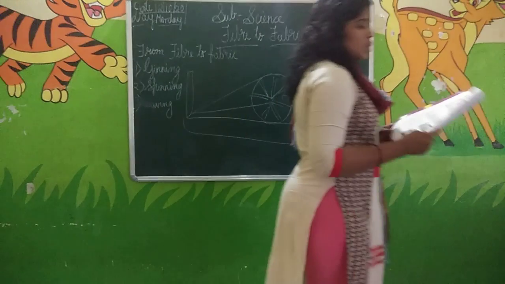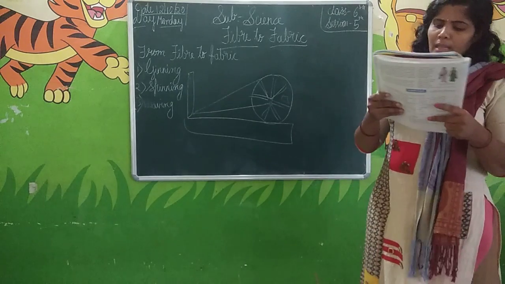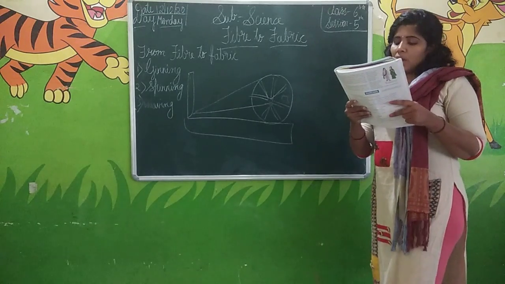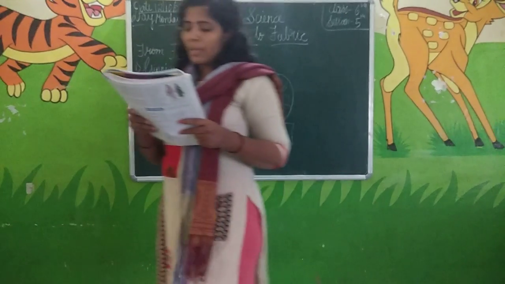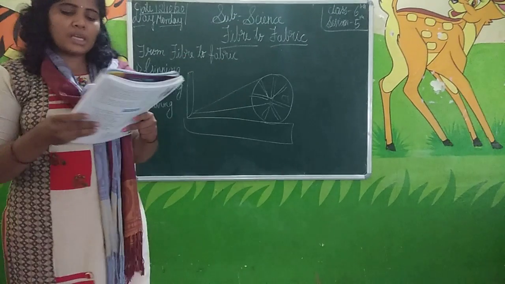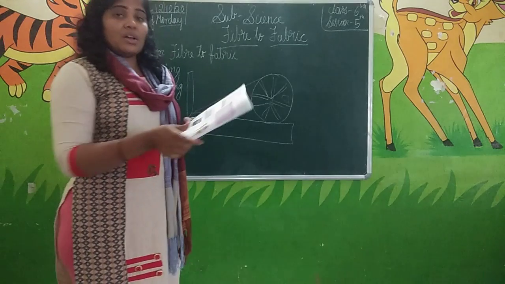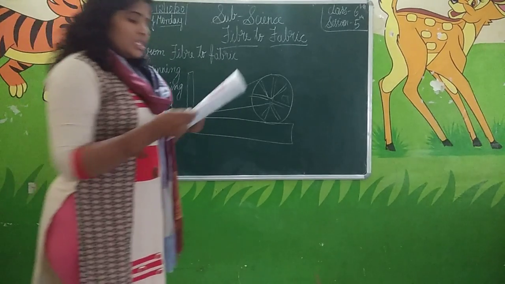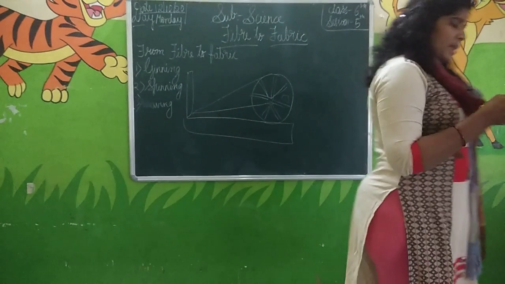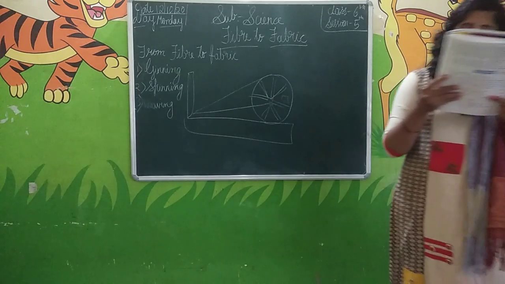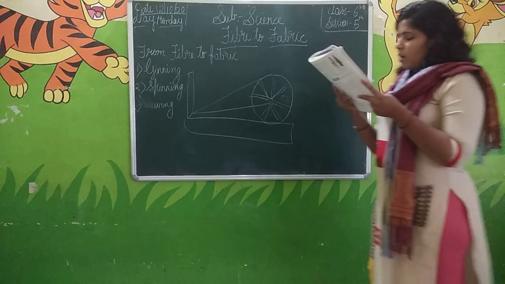Next is about the history of clothing material, how cloth has been formed. The early humans did not know about clothes. They used the barks of trees and large leaves to cover themselves. Later, they started using animal skin for clothing. They wore animal skins and wrapped fur about their bodies to keep themselves warm during winter.